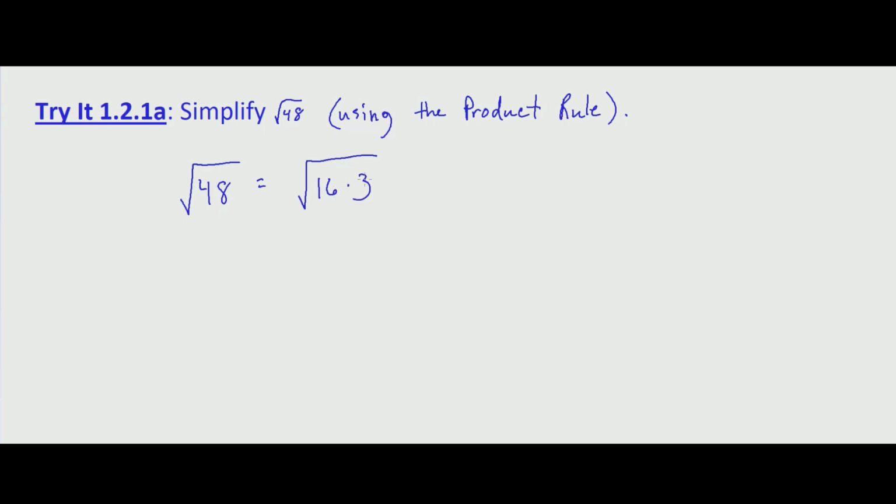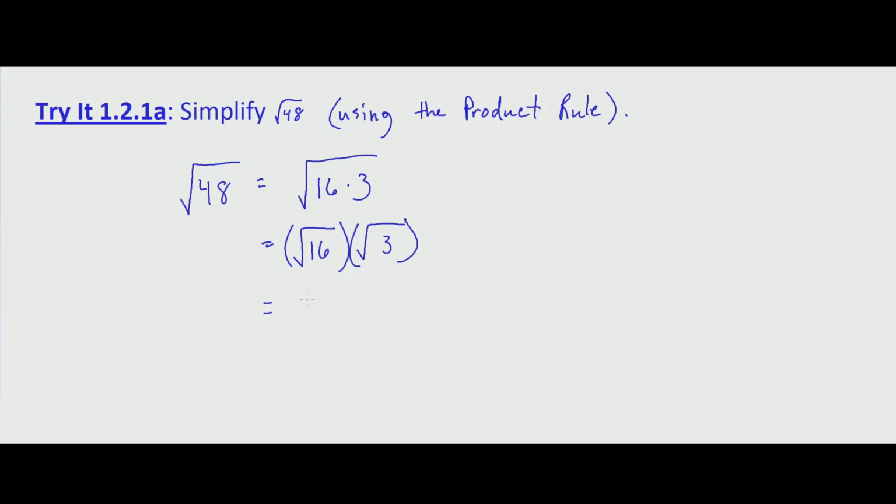So the square root of 48 equals the square root of 16 times 3, and that equals, and you don't really need this step, but it helps you remember what we're doing for now, the product of the radicals. And separate that into the square root of 16 times the square root of 3,